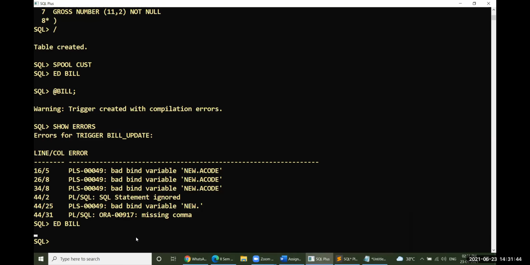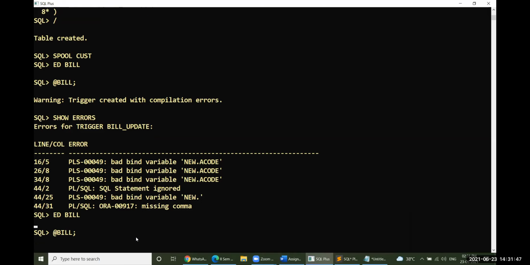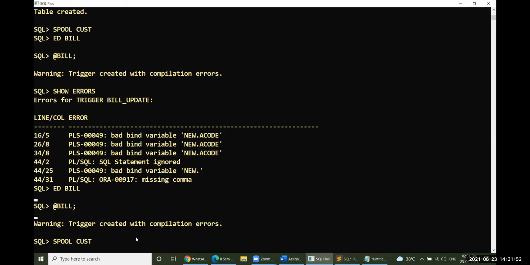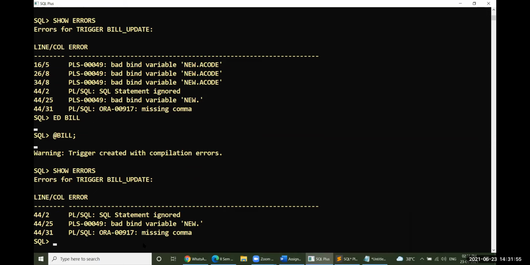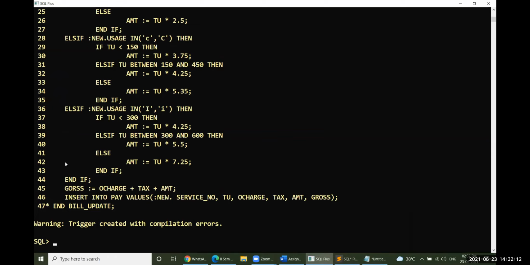Yeah, let us execute this one for a while. Yes, still errors are there. What are those errors? Let us see. Line 44 statement is ignored. What is that statement? Let me take a run bill. Run bill will always display the complete line 44 where exactly it is. So it is the candidate, line 44, and what is the mistake which was committed here?